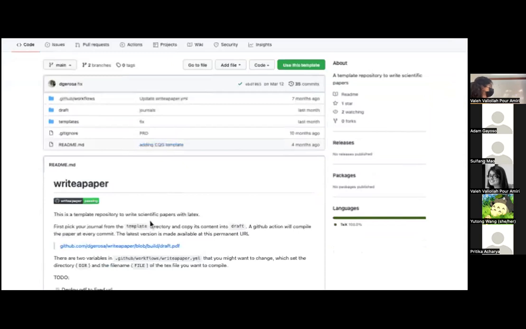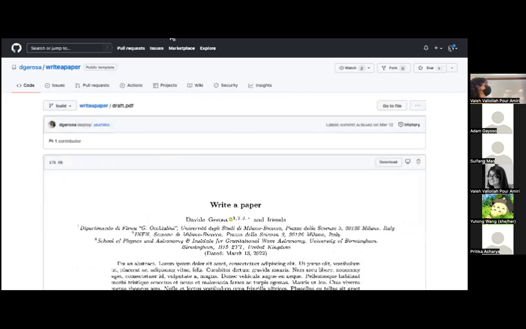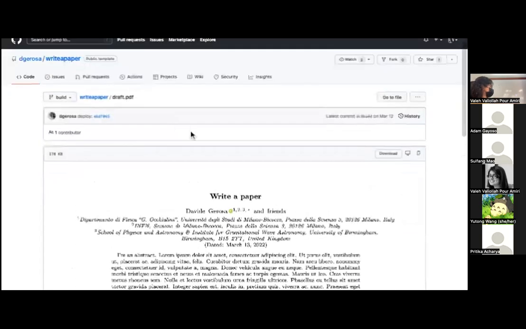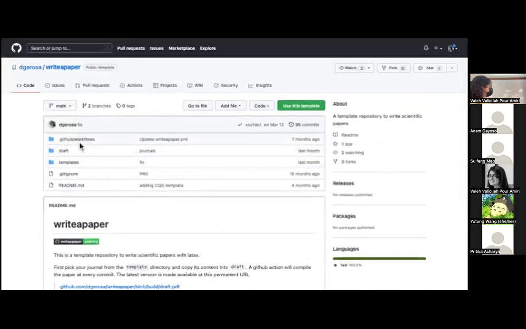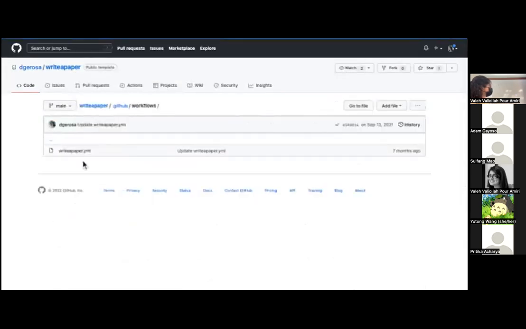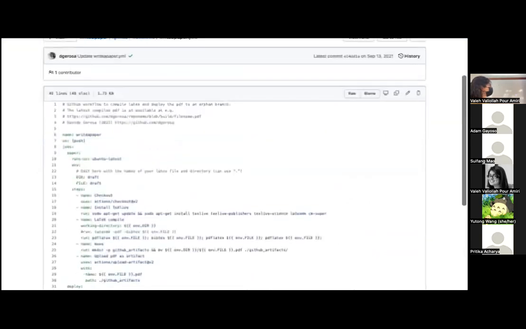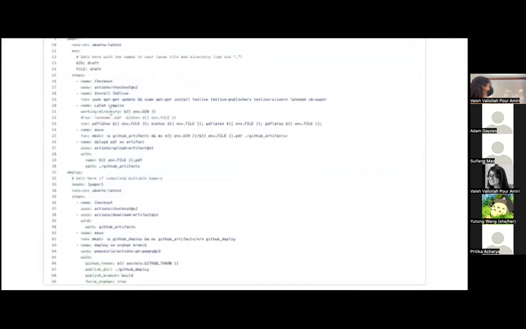But more interestingly, this is where the paper would show up. This URL would be where the paper is always kept up to date. There's nothing in this one, but that's how it would look at the end. And so let's take a look at their workflow. I promise this is the last workflow we're looking at. This one is pretty long because of the LaTeX stuff,